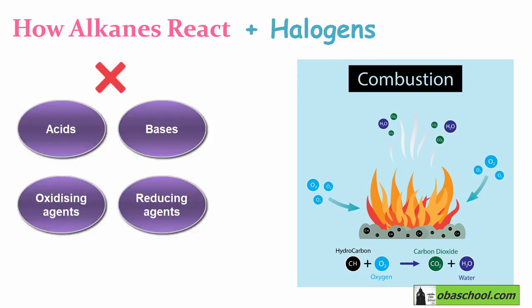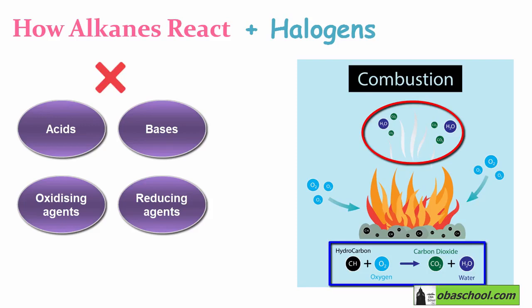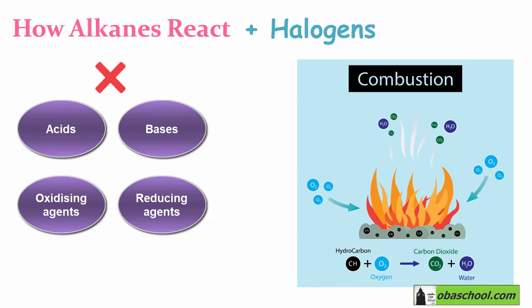Alkanes can burn in a plentiful supply of oxygen to form carbon dioxide and water. So an alkane will react with oxygen and the products will be carbon dioxide and water. Or if we have a restricted supply of oxygen, they will form carbon monoxide or even carbon. We will be talking more about the reactions of alkanes, which are combustion reactions and reactions with halogens, in the upcoming sections.